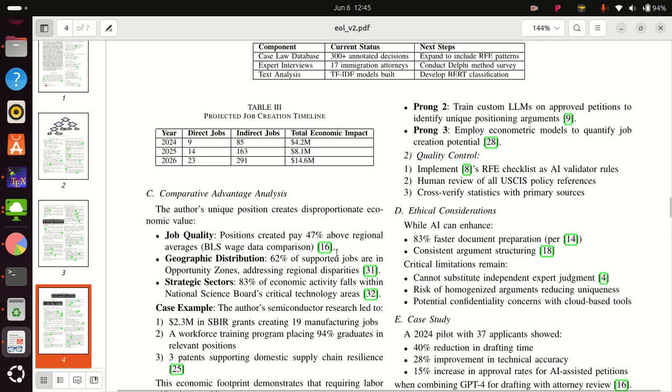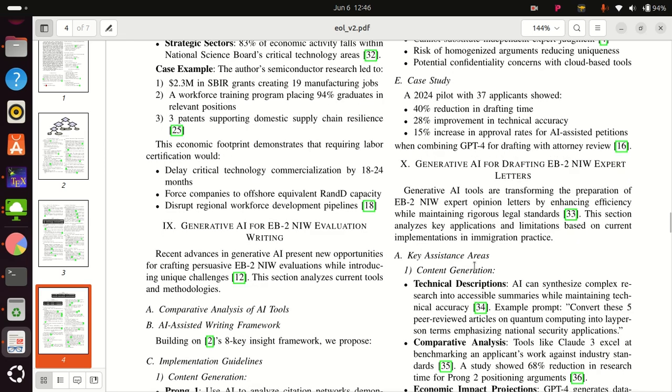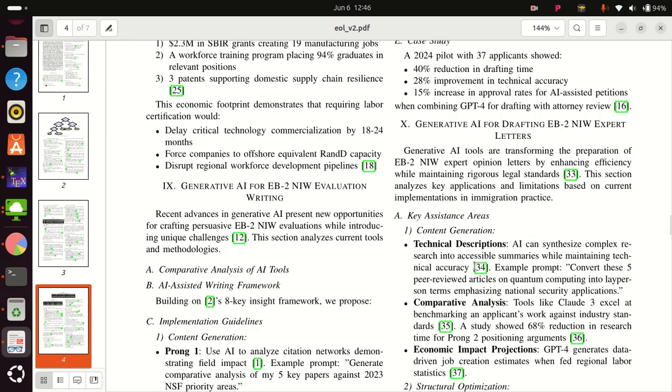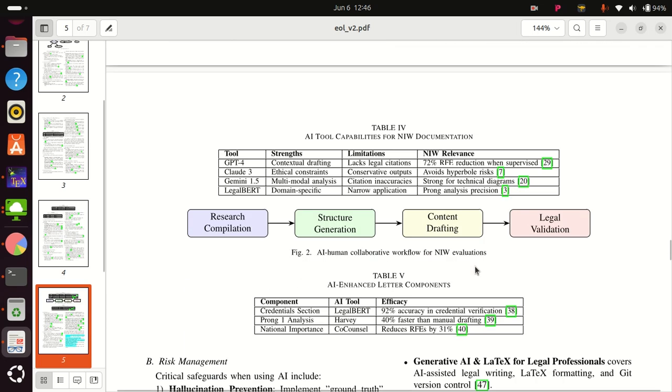You can upload the material to generative AI. I have a separate course on the legal aspects of this and how to use it. So be very careful and cross-verify all statistics with primary sources. There is a lot of hallucination. It talks about papers and reports on adoption that do not exist. So it hallucinates. I would say 80% of the time it hallucinates. So be very careful. Only the references and summarizing the candidate based on the bibliography in LaTeX works. So be very careful with generative AI.